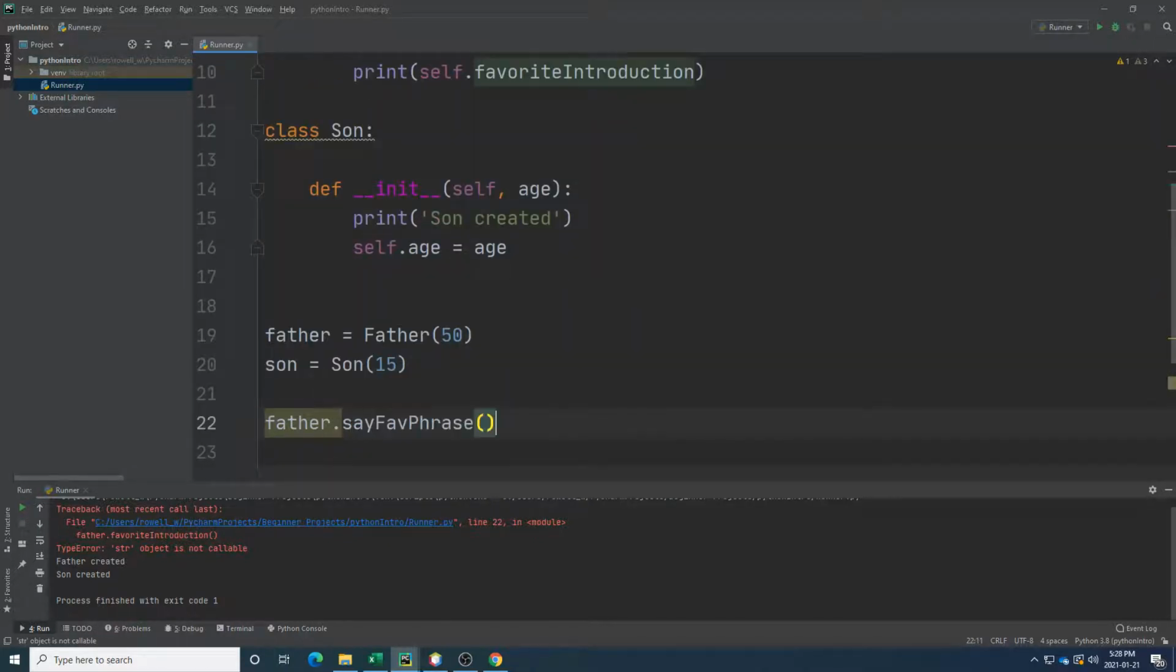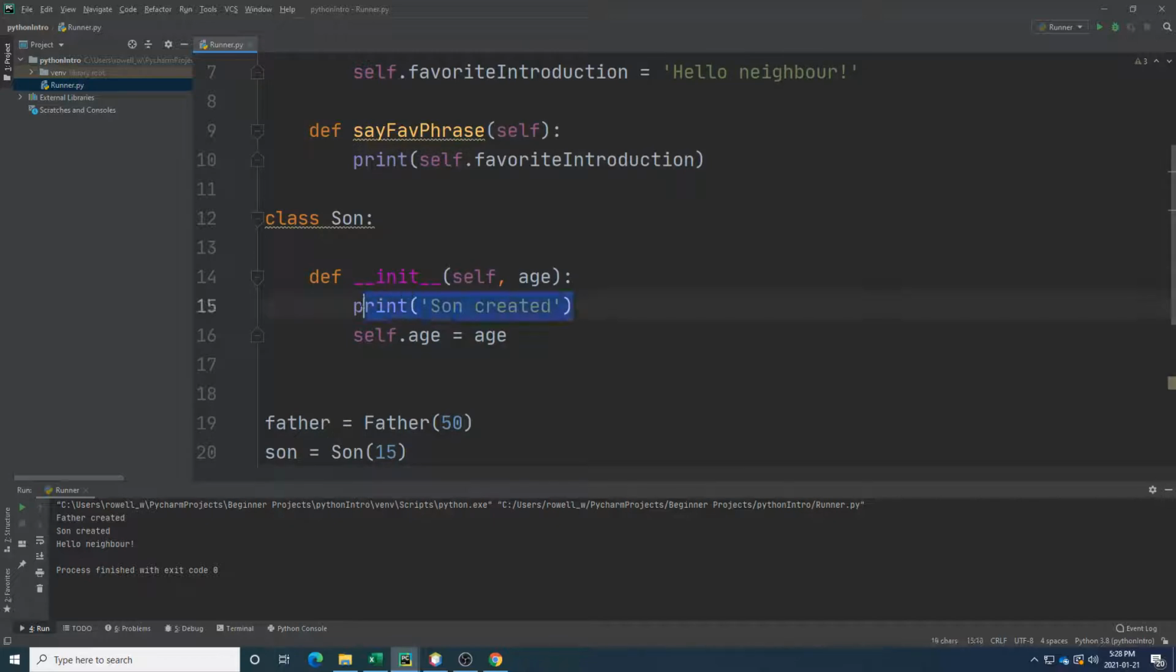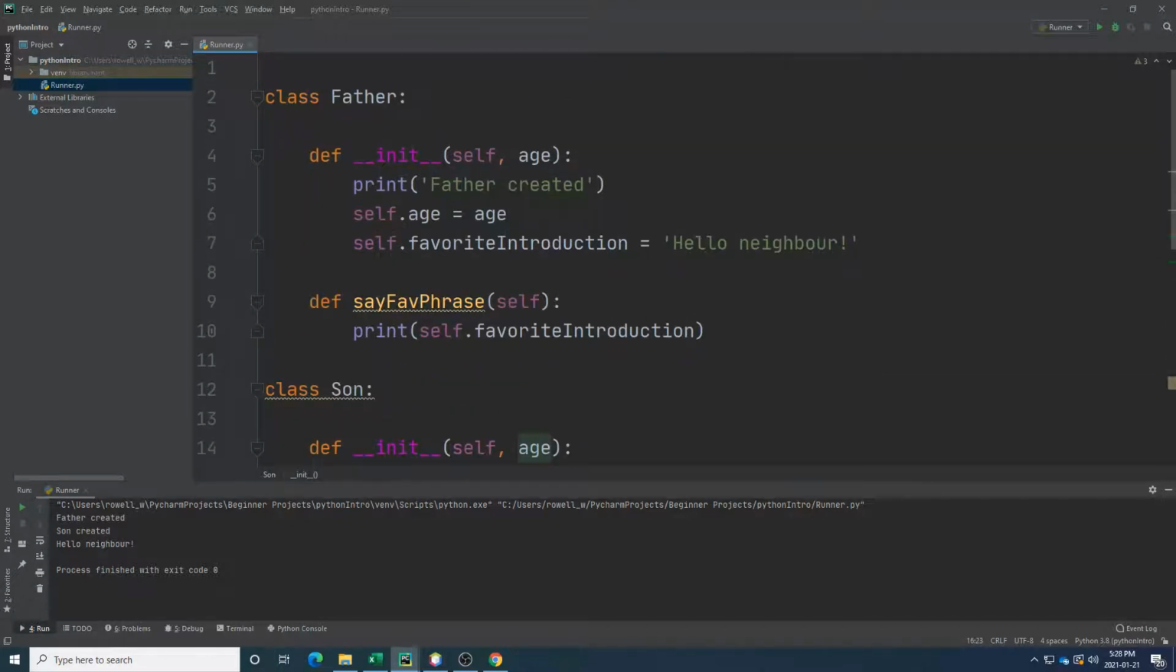I want to say the favorite phrase. That's what I was wanting here, not just to run the variable itself. And it says, hello neighbour. I rushed myself a bit there. Father created, son created, and the father says his favorite phrase. Wonderful. So now that we know that each of these things are being created here and that the father can